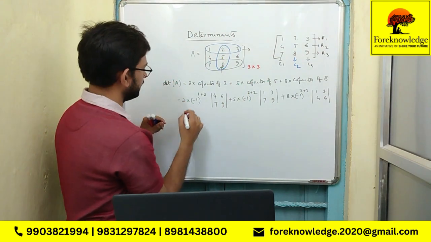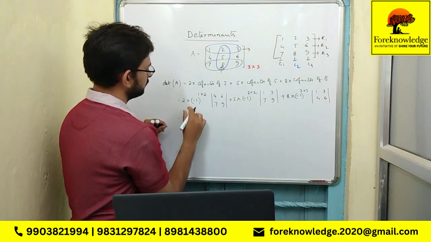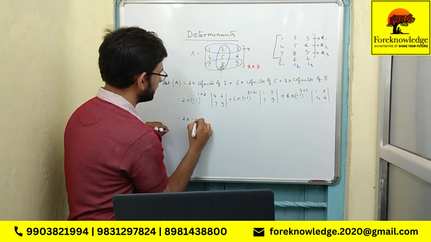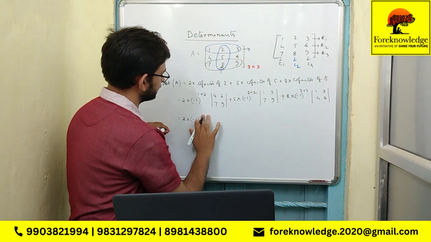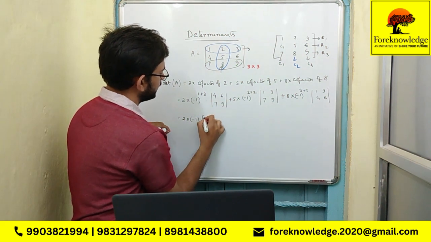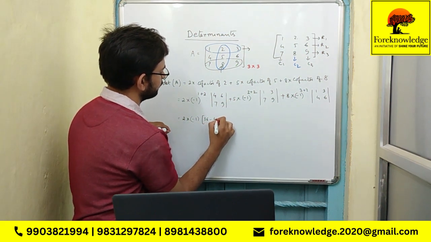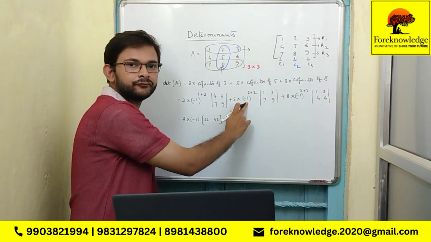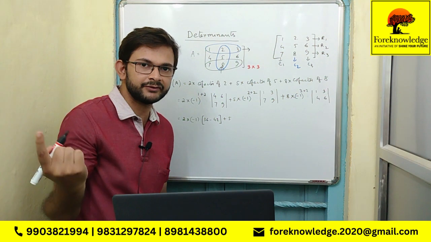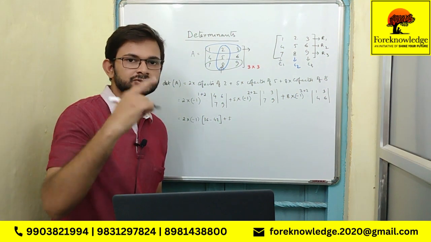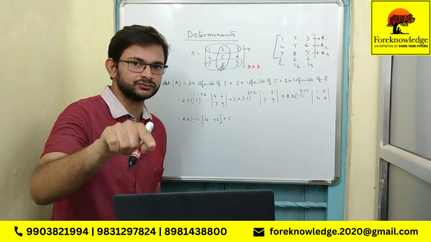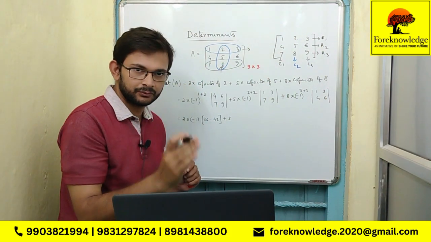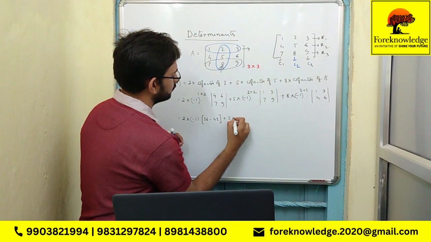Right? Calculate 2 into minus 1 to the power 1 plus 2, minus 1 whole cube, is minus 1 into subdeterminant 4 into 9, 36, minus 7 into 6, 42. Plus 5 into minus 1 to the power 4, that is 1. Minus 1 to the power even power is 1, minus 1 to the power odd power is minus 1. Okay, so minus 1 to the power even, that means 1. So 5 into 1 into